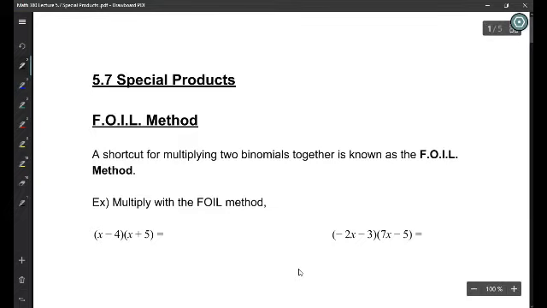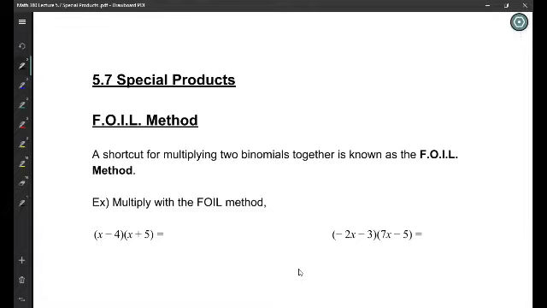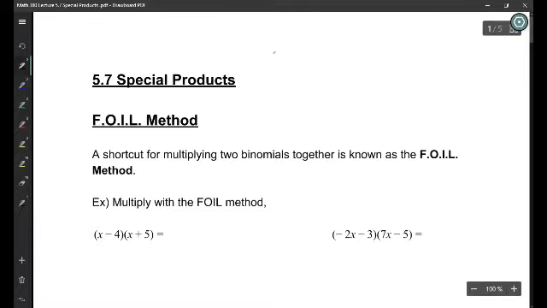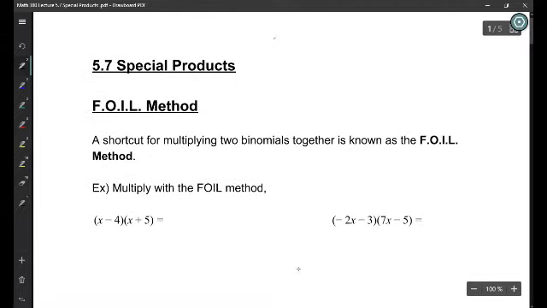This lecture is on special products. We'll start off with the FOIL method. So the FOIL method is a shortcut for multiplying binomials. Consider